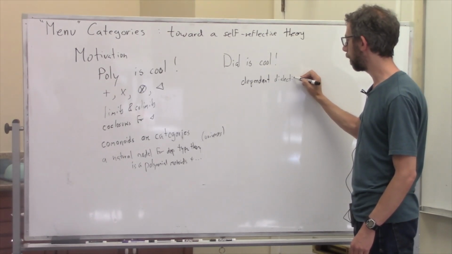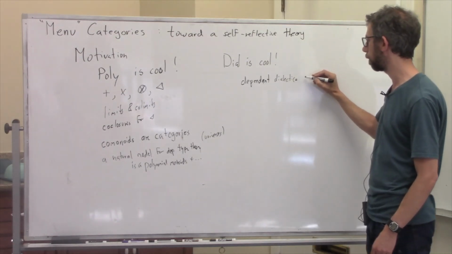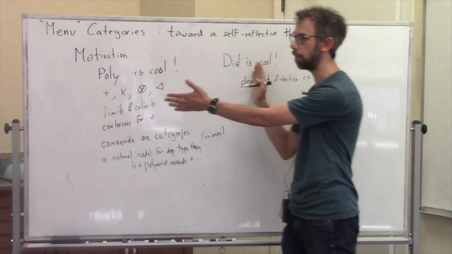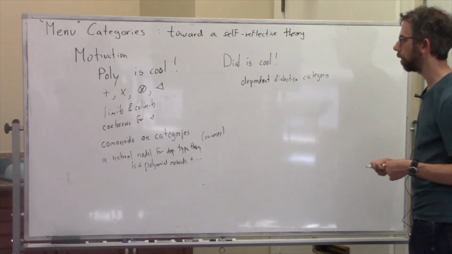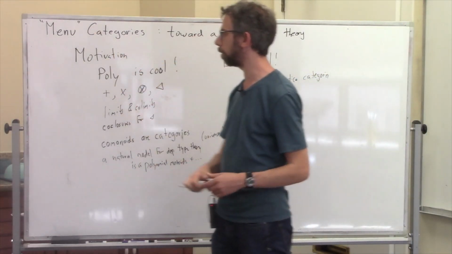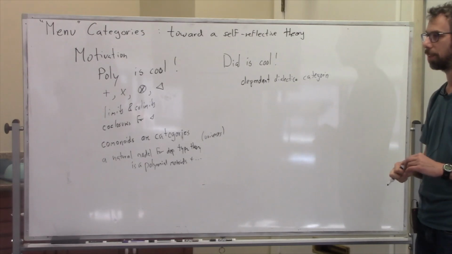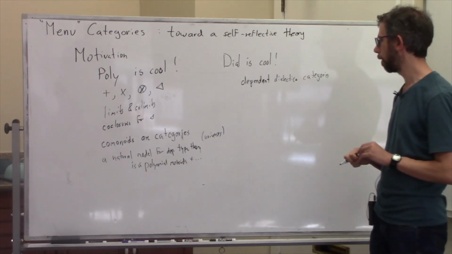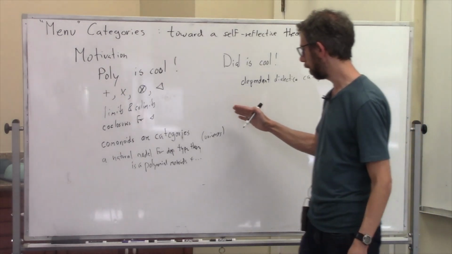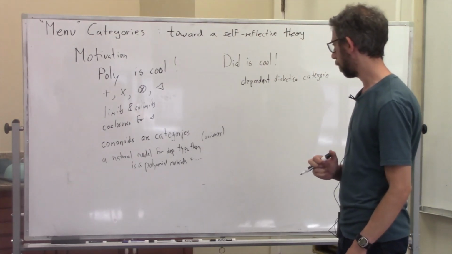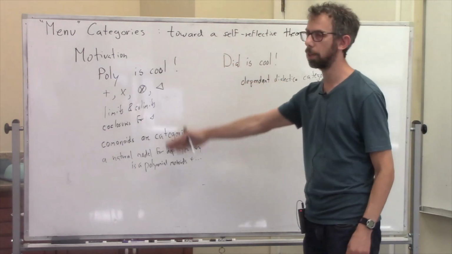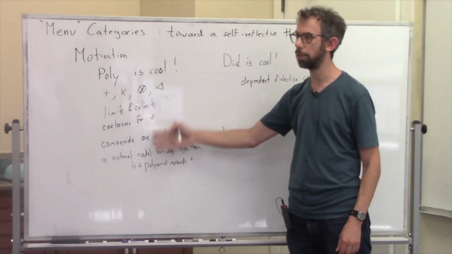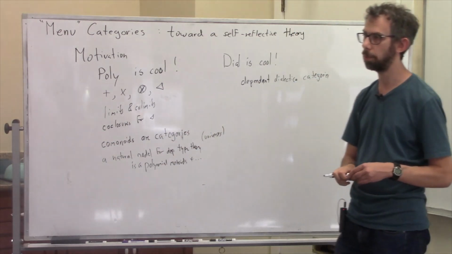which I think the name is due to either Tamara von Glehn or Sean Moss. But these are ones I understand better, and the reason is that both of these are going to come from the same place: a single construction that I don't know what to call, so I put it in quotes. I'll say why I call them this, and hopefully someone can tell me that either there's already a name for these, or that you can think of a better name. So this is the motivation: where is all this structure coming from? Now I do know lots about dependent Dialectica because I know that it has all the same things that Poly has, because I know where they're coming from.